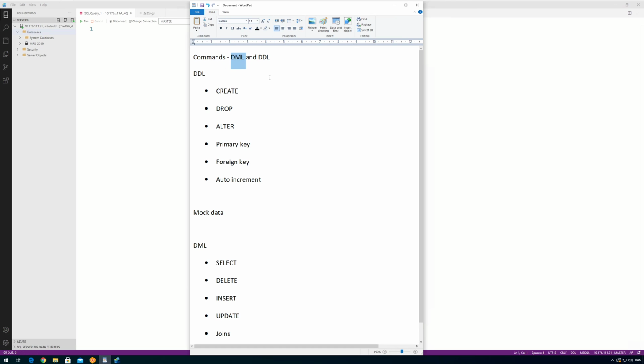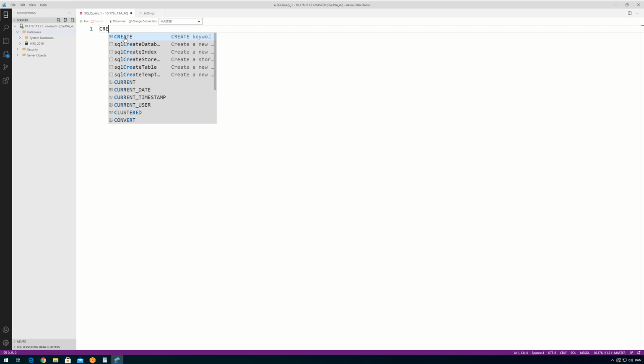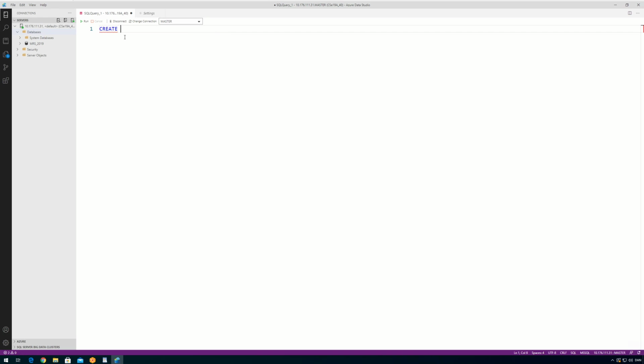So let's try to do something simple first. Let's create a database and let's call it a demo database. To do that, we need to use the create keyword, and we also need to say that we want to create a database, and this database we need to name somehow. I'm thinking, let's just call it demo. You see I have one over here, MRS. So if I run this code,